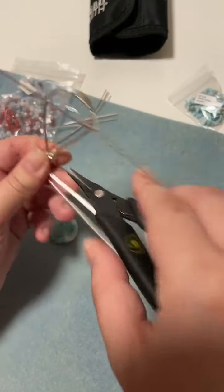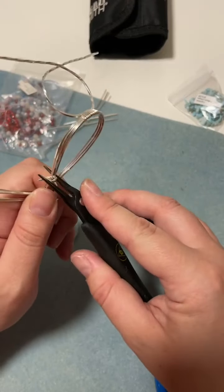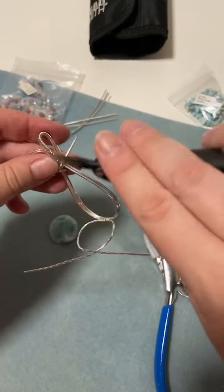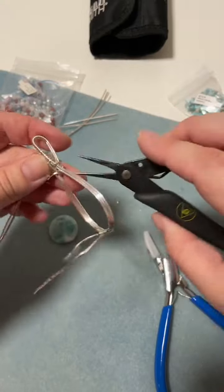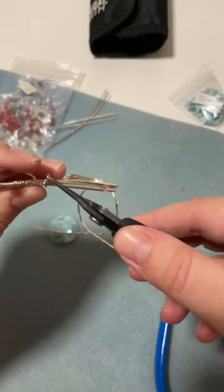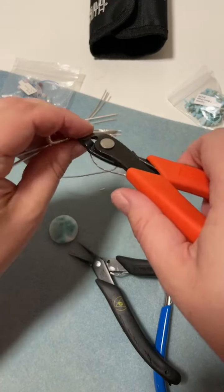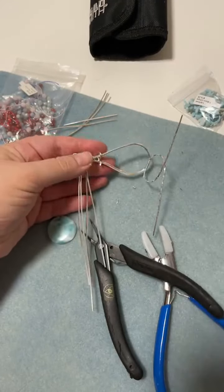Okay, so right now, I am just attaching the bail to the frame to make sure that the bail stays and doesn't go anywhere. So all I have to do is put my wires in. There we go. And see, whenever I'm doing the thicker wires, I use my bigger pliers. And then the other